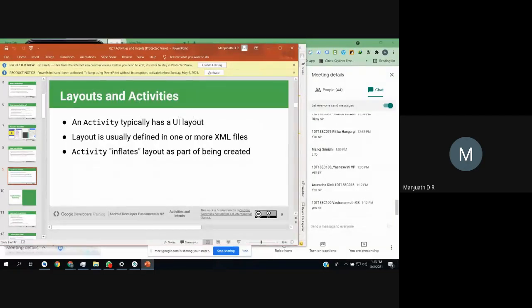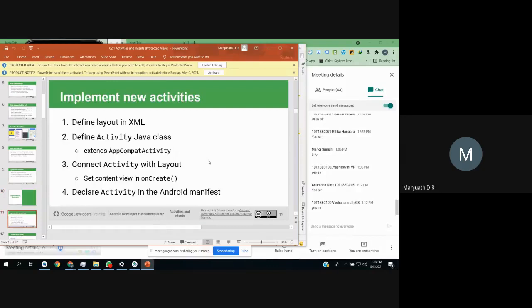An activity always has three important things. One is a UI layout where we use the Visual Editor to add the components. Another one is an XML file, that is activity_main.xml. And one more is the Java file, which it is going to create. How to implement, as we know every activity defines an XML file, and